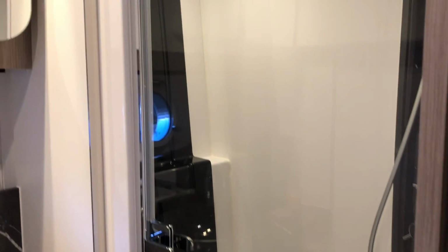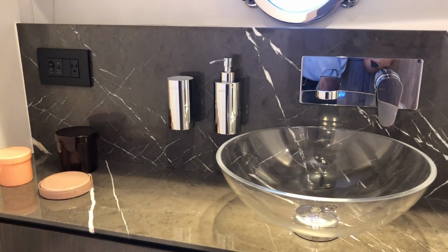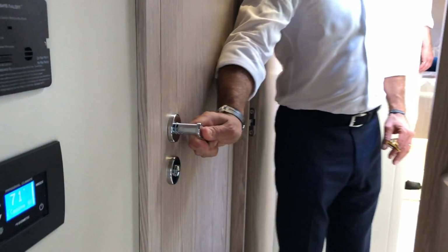Enclosed shower, and the storage above the sink, bench in the shower, and Italian marbles throughout. Going forward,